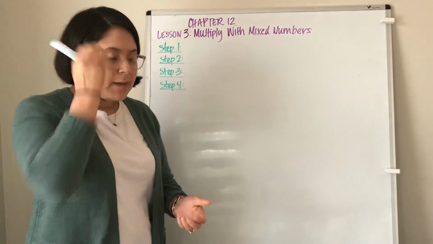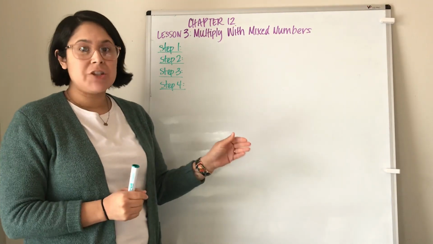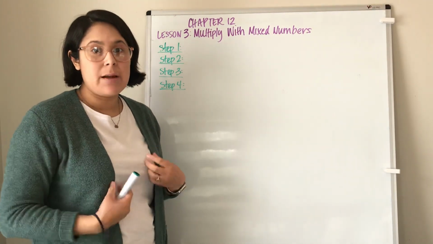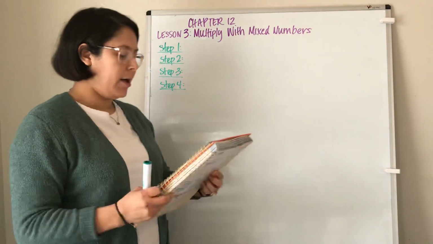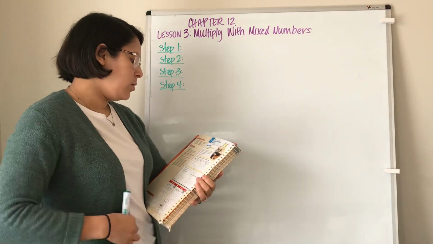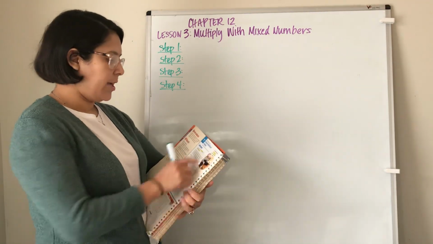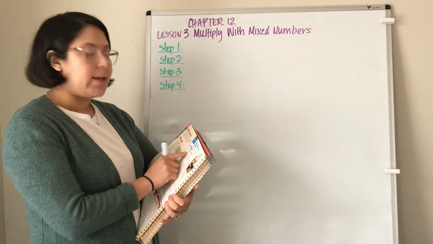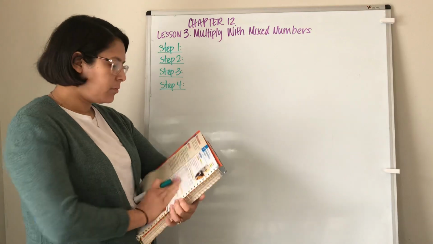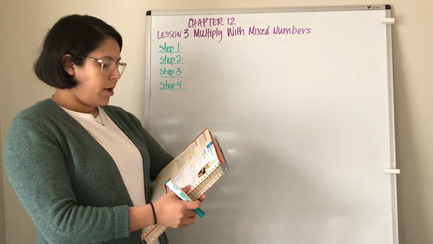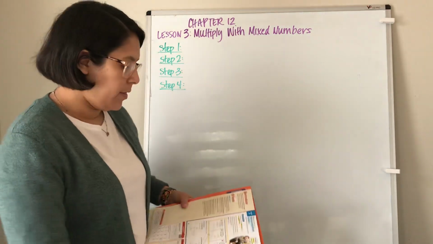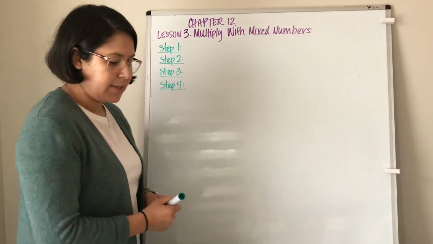Alright, so we're going to be doing the same thing, multiplying fractions, but now we're going to have mixed numbers thrown into the mix. So on the top it says you can multiply a mixed number like 2 3/4 or an improper fraction with another fraction. So the first example they're going to do is going to be with a mixed number, but first you need